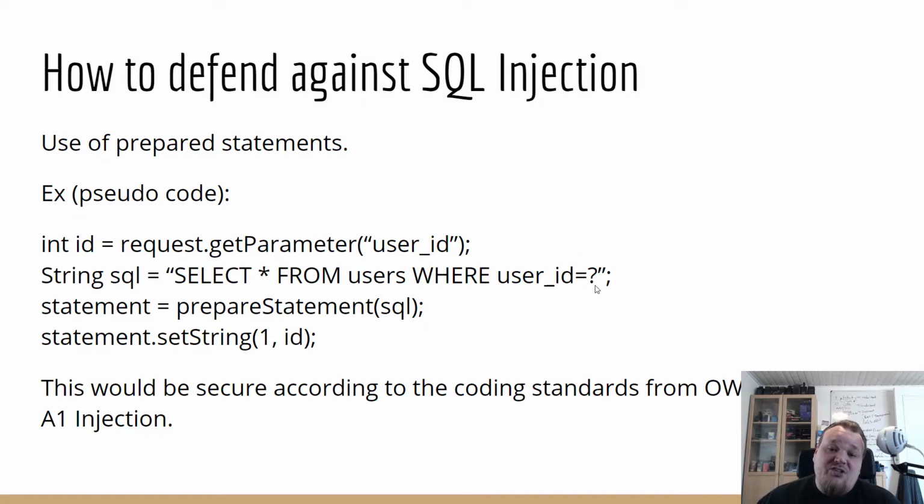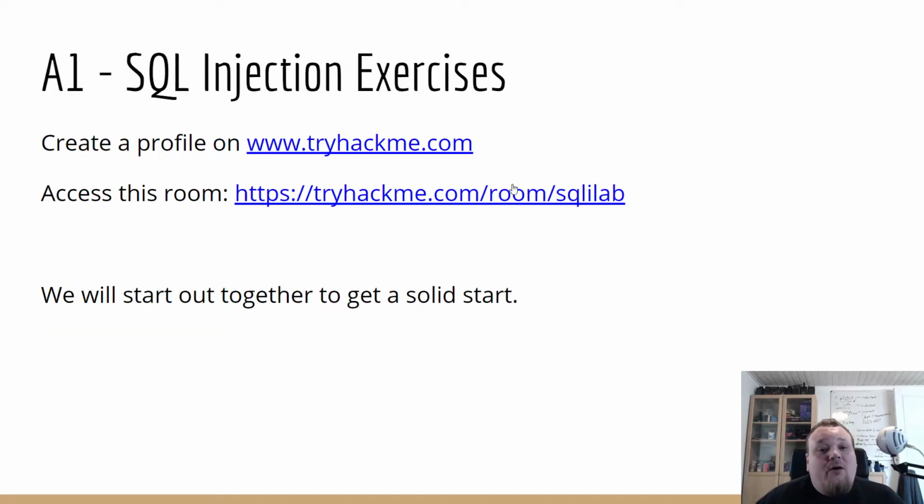So if you had one question mark, it's number 1, and then another question mark, then it would be number 2. That way it's incremental. And the ID would be the ID variable here, and this would be a prepared statement, and in many ways this would be secure enough to execute. That would be a way to execute prepared statements. I know I wrote at the top it's pseudocode. It is a little bit missing here and there, but the overall idea of how to create a prepared statement is well enough shown. Alrighty then.